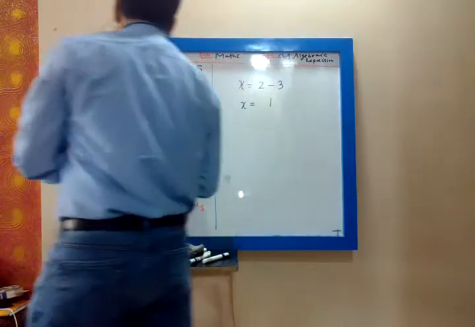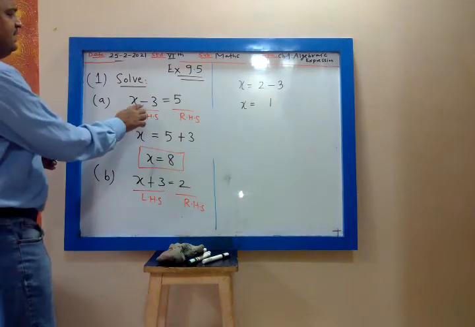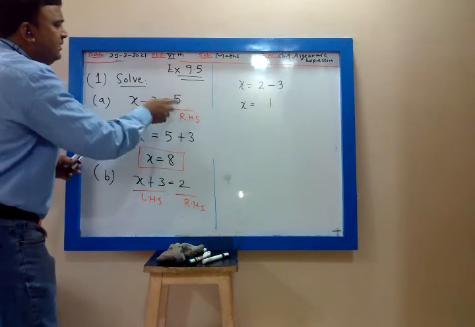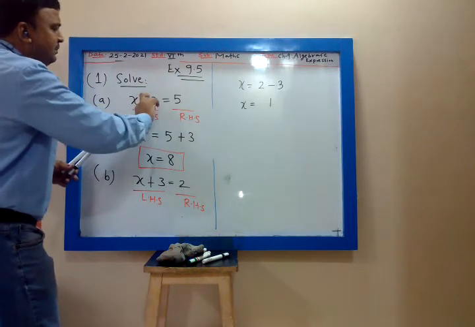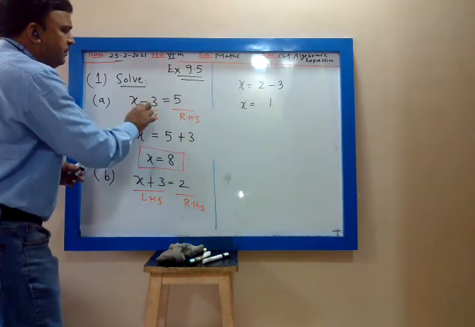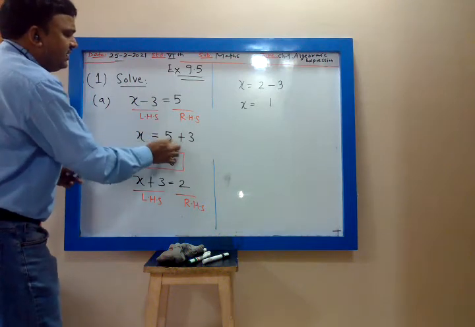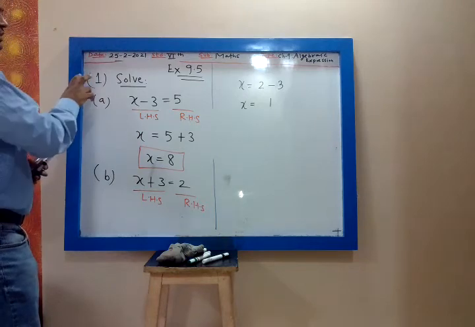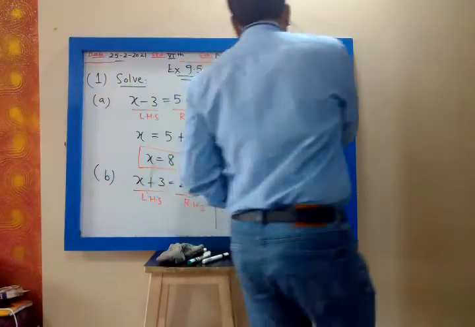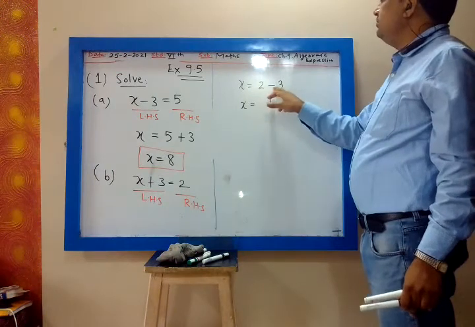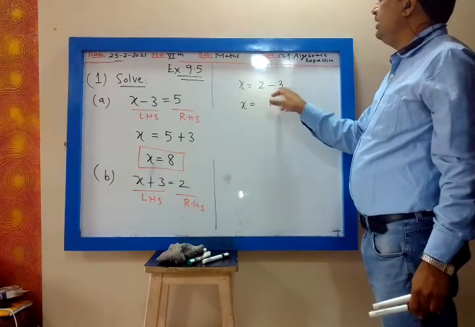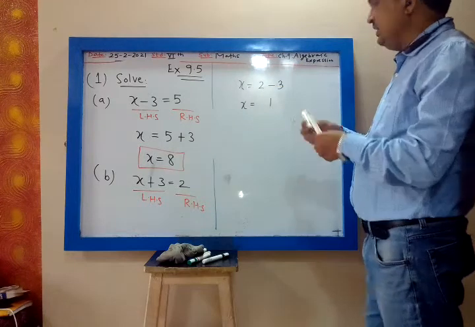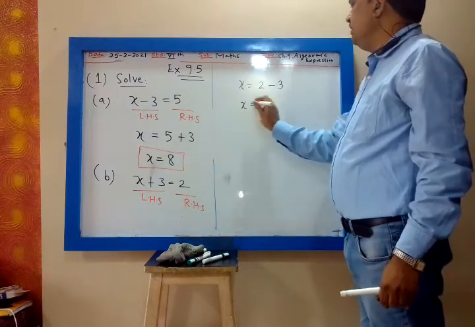How did plus come? Because on the left hand side it is minus 3, I am taking minus 3 to the right hand side. Whenever you change the side, minus becomes plus, minus 3 becomes plus 3 because it is on the right hand side. Now the sign of 2 is plus, the sign of 3 is minus. They have opposite signs, so you subtract. 3 minus 2, 1. Now which number is bigger? 3. What is the sign of that? Minus. So x is equal to minus 1. This is the answer.